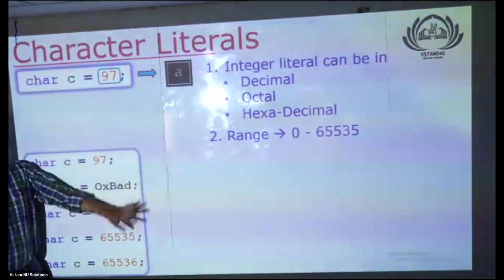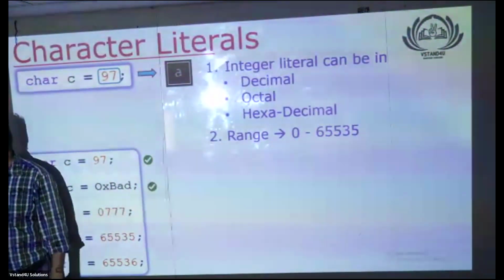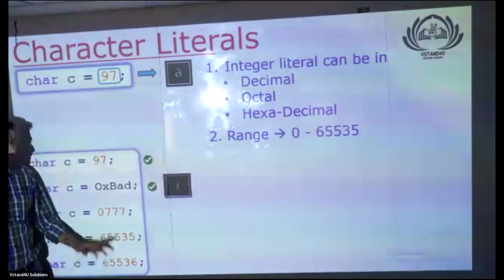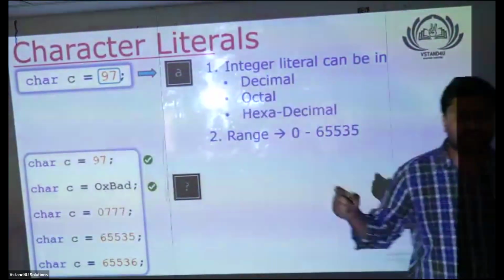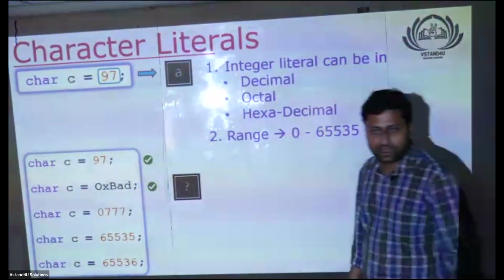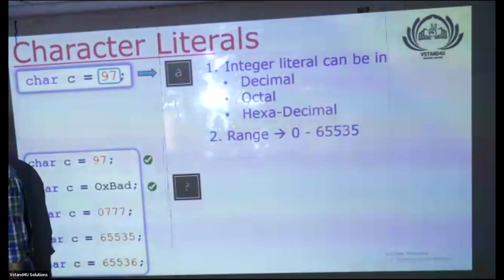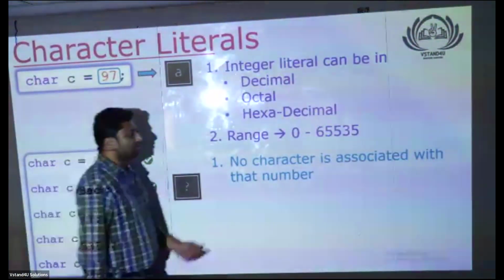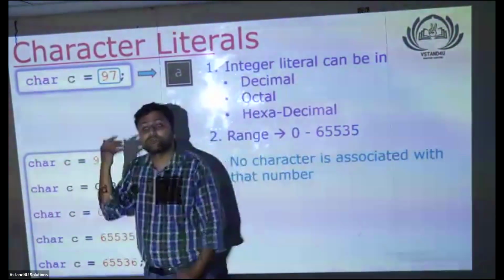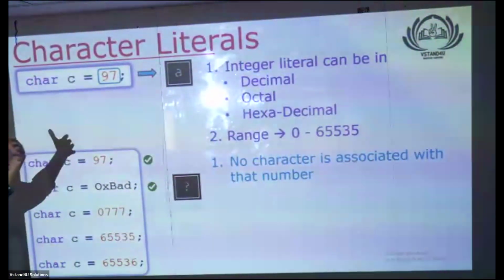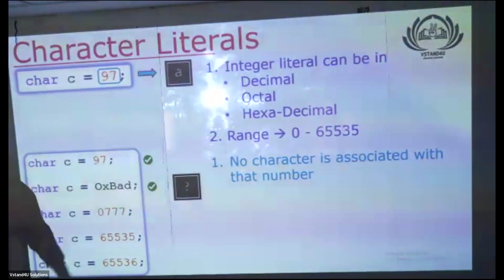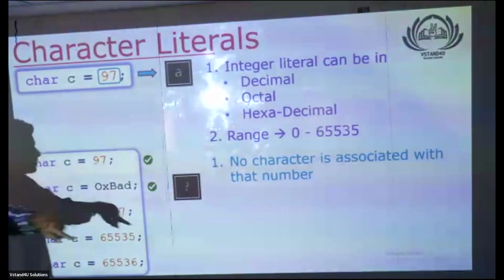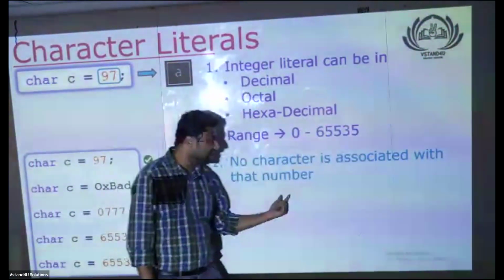Now this will have some number value coming, but it is giving a question mark. You remember somewhere we have done char c equal to 65535, then a question mark came. Why is this question mark coming? There are 2 reasons. First reason, no character is associated with that number. Total from 0 to 65535 is 65536. That many characters are not being used fully. Few of them are kept empty. That's what I'm saying: no character is associated with that number.